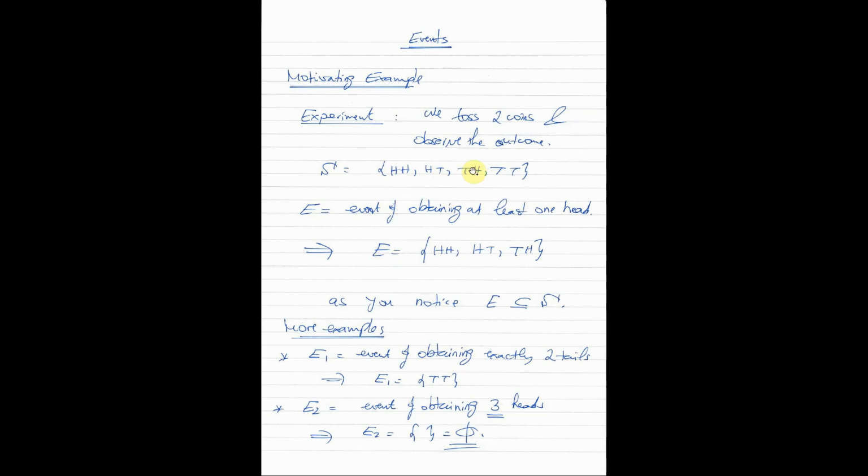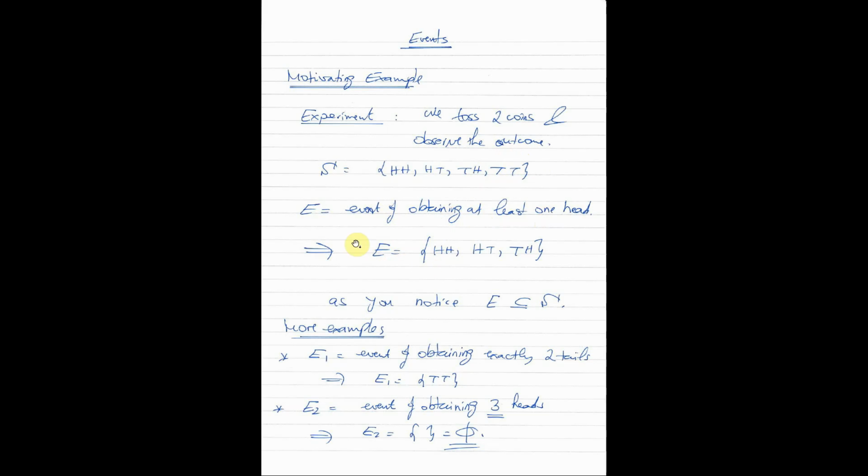Heads, tails, and tails, heads, these two outcomes are also part of the event because for each one of these outcomes, we have one head. Okay, what about tails, tails? Is it part of the event? It's not part of the event. So imagine in the context of the experiment, you toss the coins and then you're not lucky, you get tails, tails. Is this event satisfied? Can we say that you have obtained at least one head? Have you obtained one head or two heads? No, you got tails, tails, so you have zero heads,